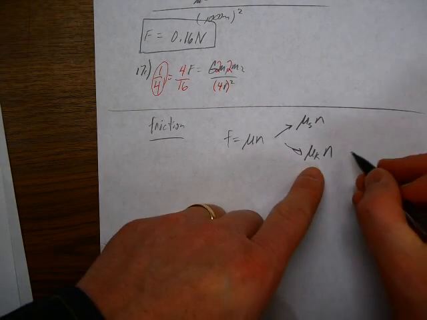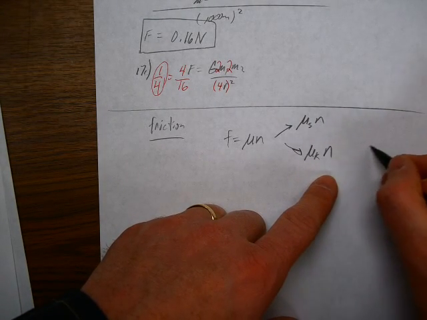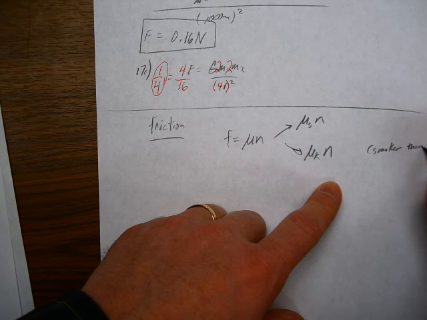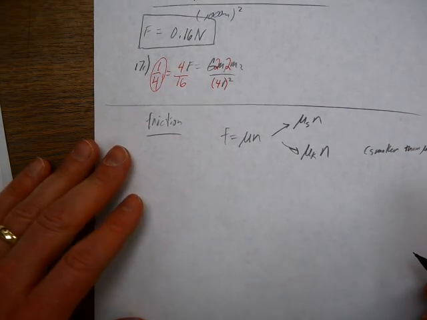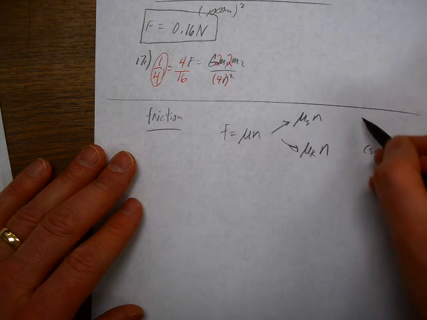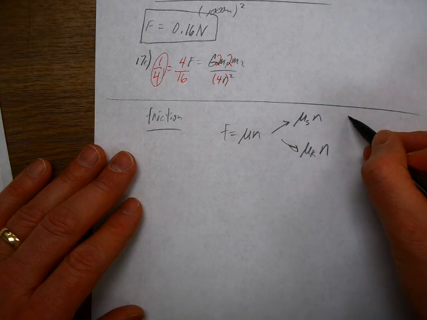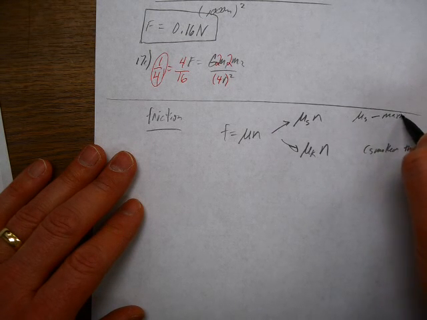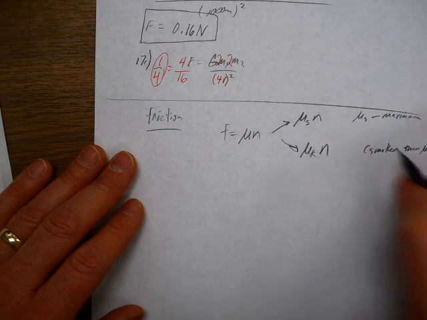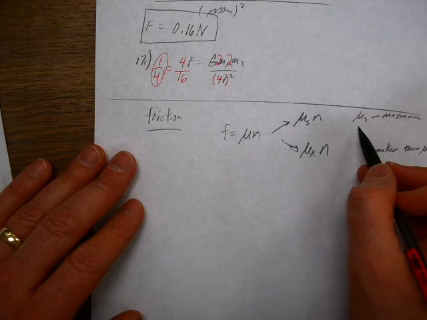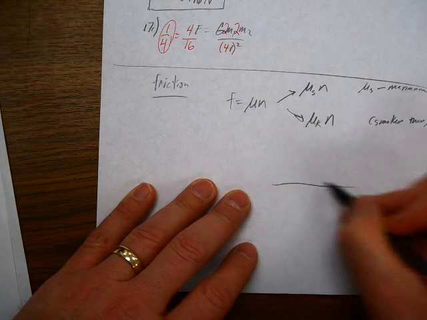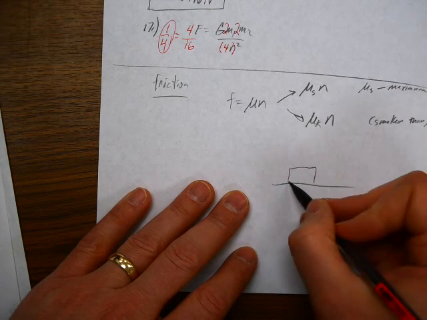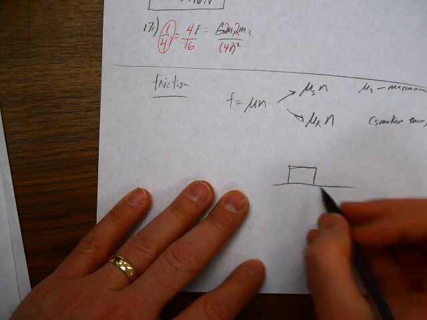The only difference is mu k is always smaller than static. And the other difference is mu s has a maximum, meaning that it doesn't always have to be giving you its maximum. So if I have a big heavy box that I'm trying to slide,